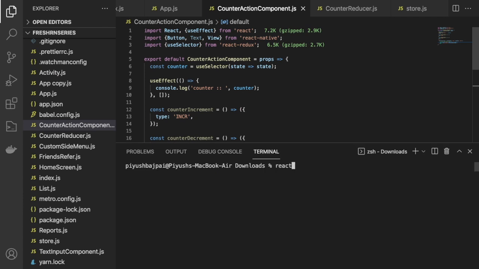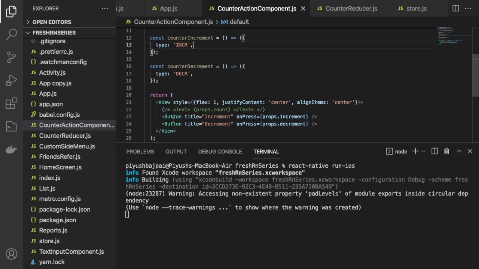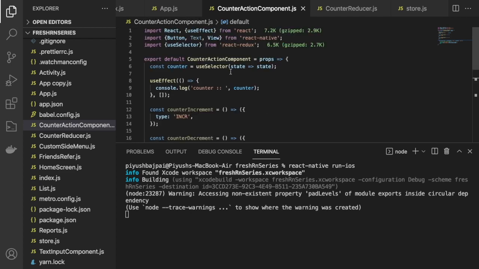React Native run iOS. So what I am planning here: when the user clicks on this button, the onPress function will trigger, this prop will trigger, and using this prop I have to call my action and dispatch my action too. I'll use dispatch, but for now I'm not using anything.